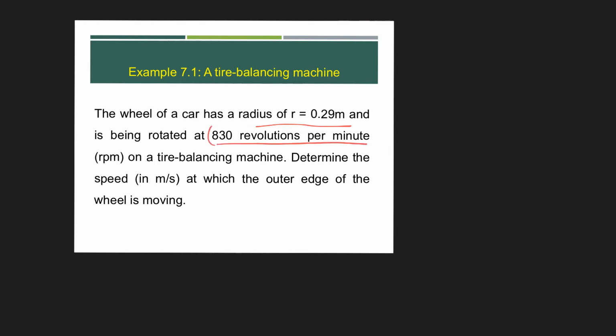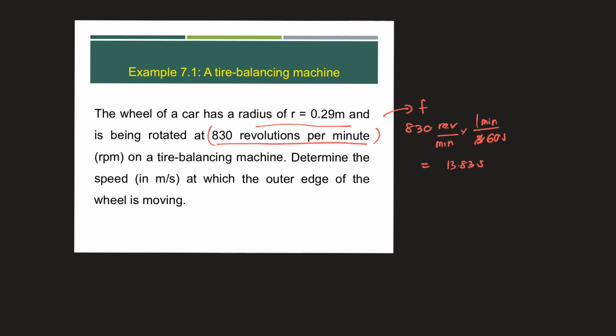This 830 revolutions per minute represents frequency, so we are going to find it in revolutions per second. You know that 1 minute is equivalent to 60 seconds. So you are going to get 830 divided by 60,